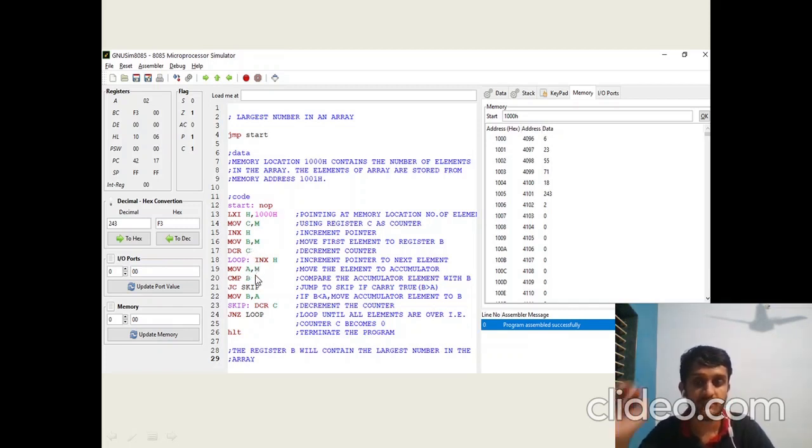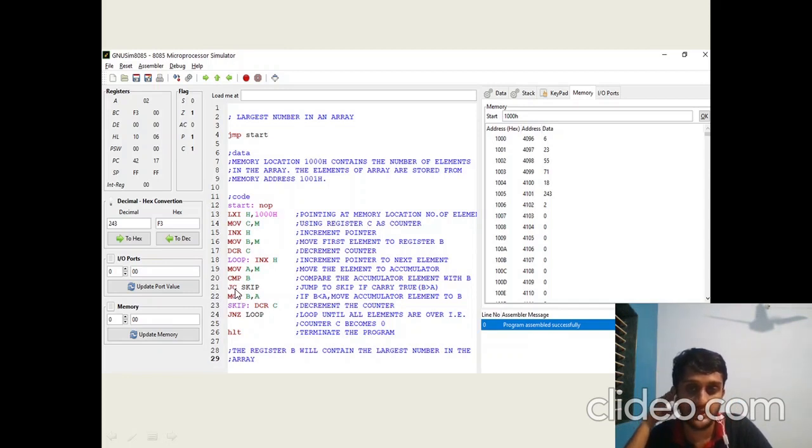Now that we have moved the second element to the register A, the accumulator, we will compare the accumulator content with that of the register B. If the accumulator content is greater than the content in B, then we need to move that content to register B, right? So we would use a conditional statement, jump to skip if there is a carry.